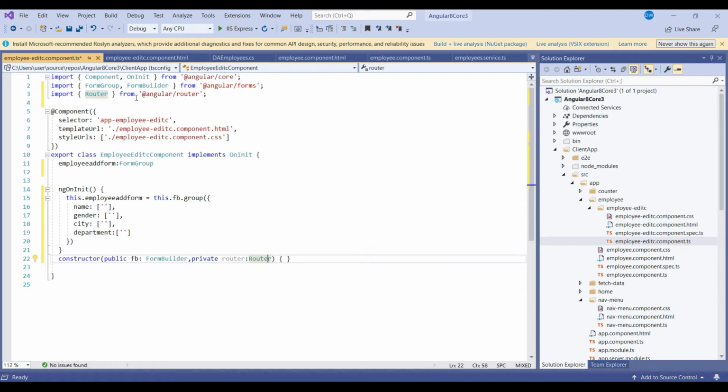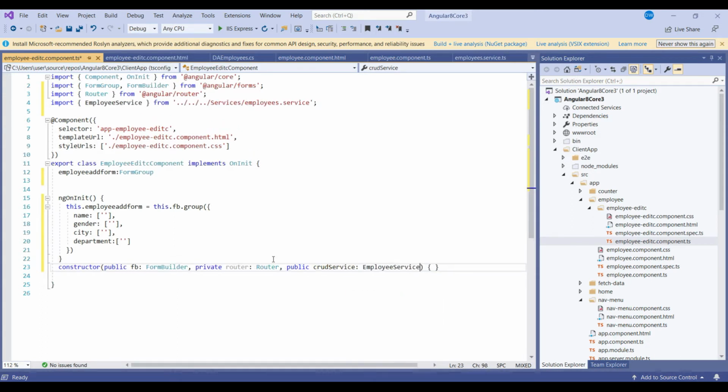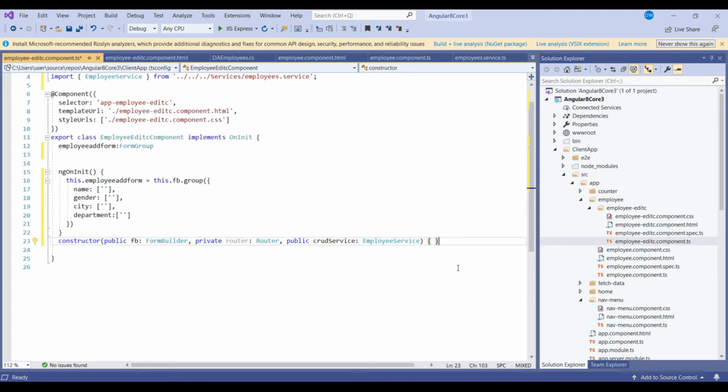So this will be imported from the Angular router package, and then we will be calling another thing which will be public service, right? Which will be EmployeeService in our case, right? And then automatically it will include the service which we have already in the project which we created in the last video. So the constructor is created successfully,